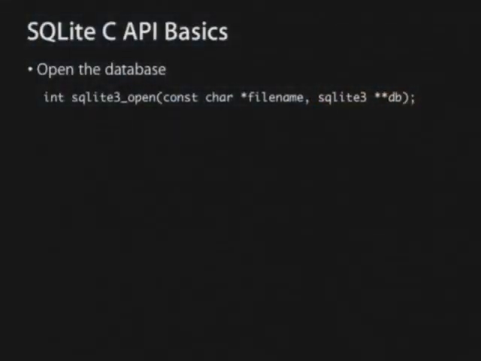So let's take a quick look at the SQLite C API basics, and then we're going to actually look at some sample code as well. Just the bare bones: how do I open a database, read some content from it, just the hello world type stuff. If you want to open a database, you've got a path to some file on disk,